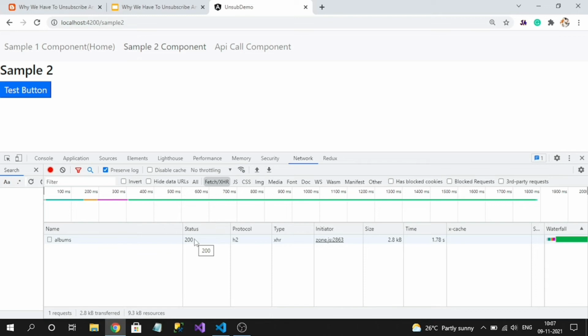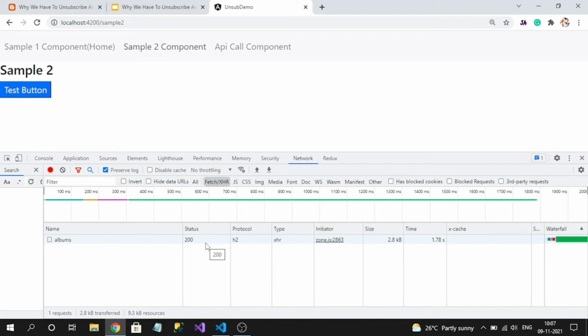Actually, once I have shifted to another UI, I don't need the API call execution of the past component. So that is a waste of resources, right? So how to stop them? To stop them, we simply do unsubscribe.